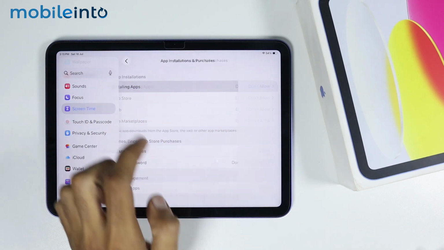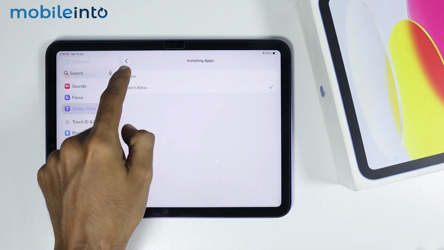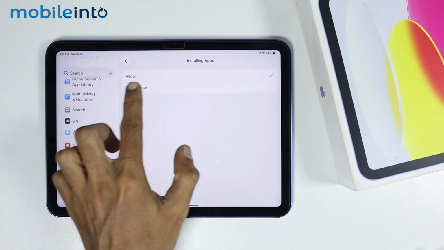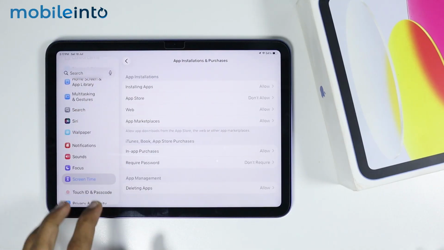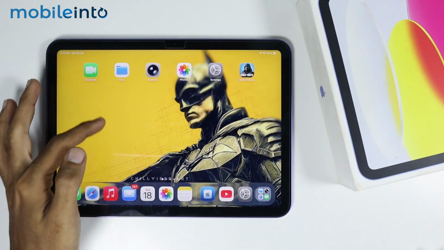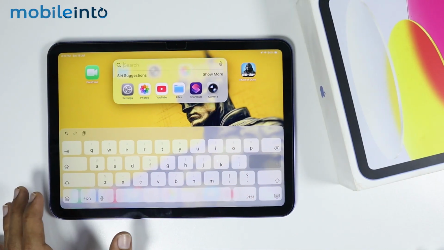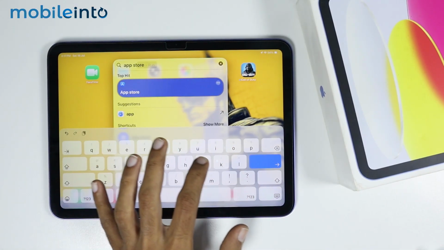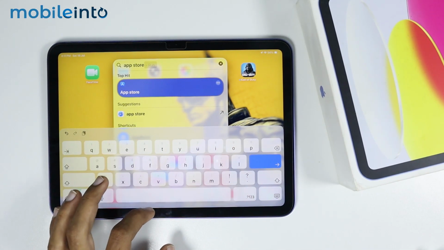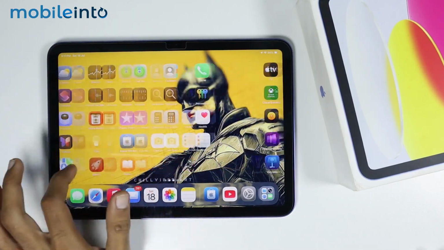And just tap on installing apps. Now if it is on don't allow, just select allow. Now after you select allow, then just go back. Now in the home screen of your iPad, just open the search bar and over here just search this. Now if you're searching for the App Store and if it is not available in the search bar, then just